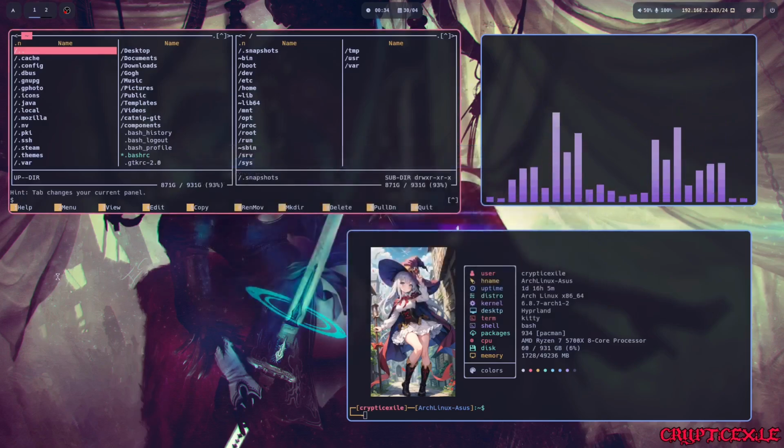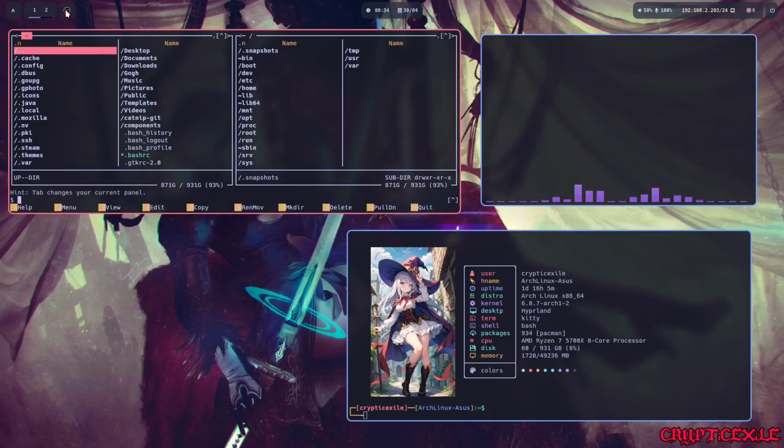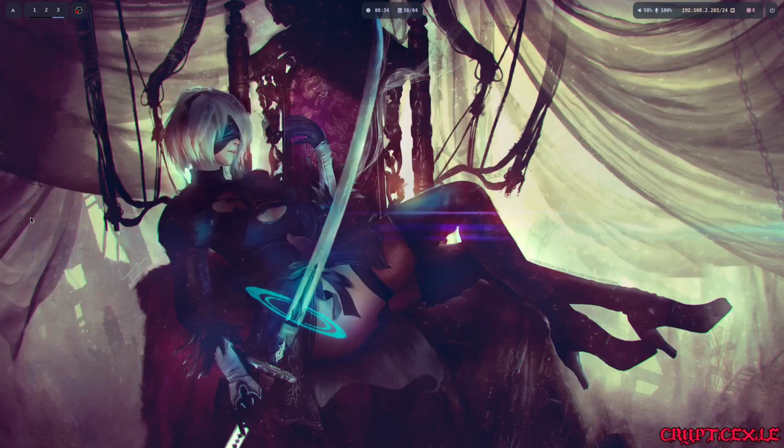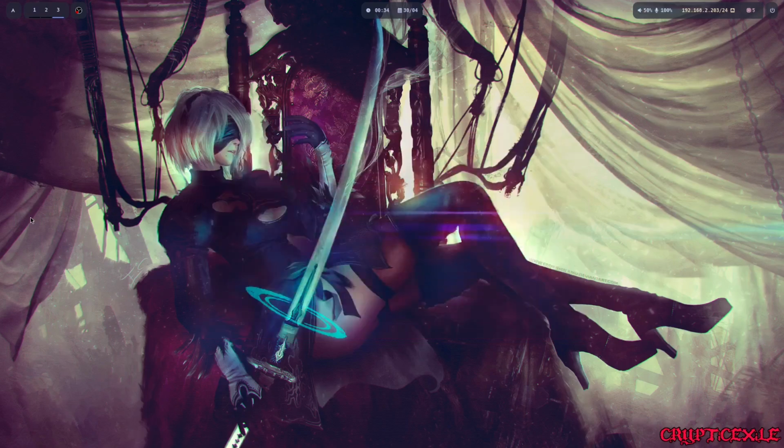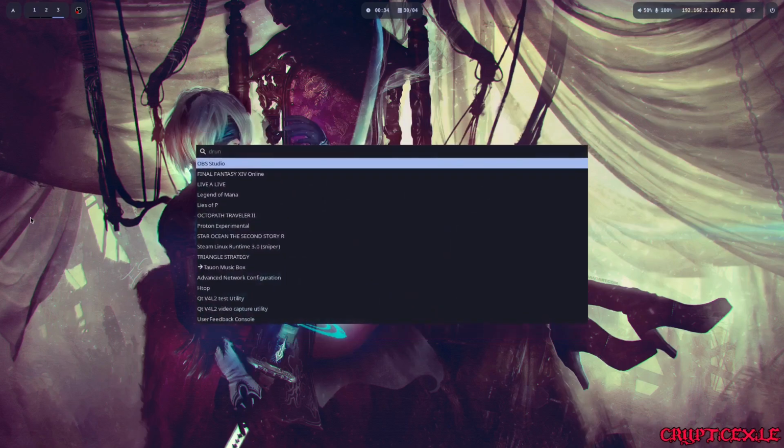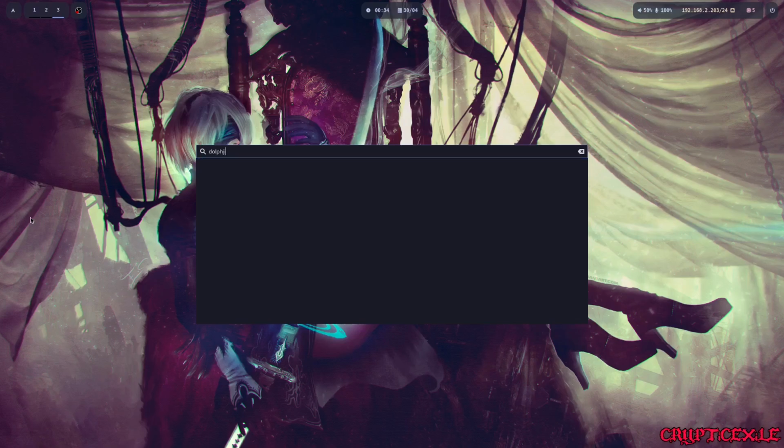So that, and then you got your workspace here. Second workspace, I got my OBS. So if I go to workspace 3, basically I'm using the XFCE 4 file manager, because if I load up Dolphin, for example,